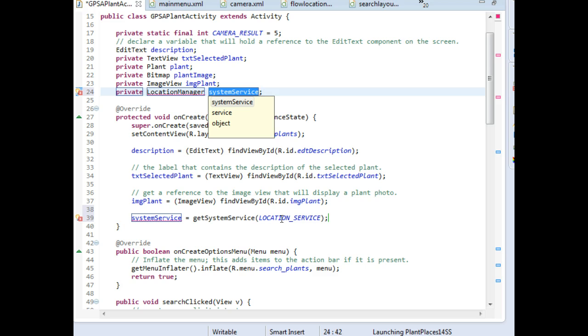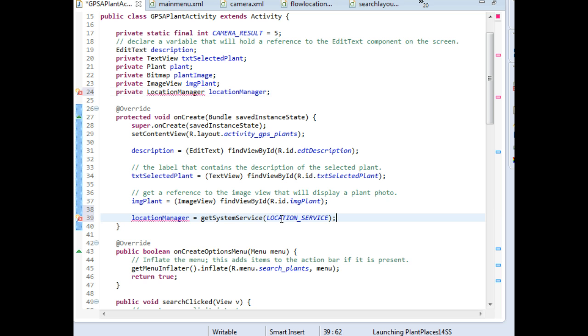In the variable name, I'm going to type location, and notice that when I type something on line 24, it changes on line 24 and 39. LocationManager, just like that. Private LocationManager locationManager. So when I ask for a location service, I'm going to get back an object of type LocationManager,